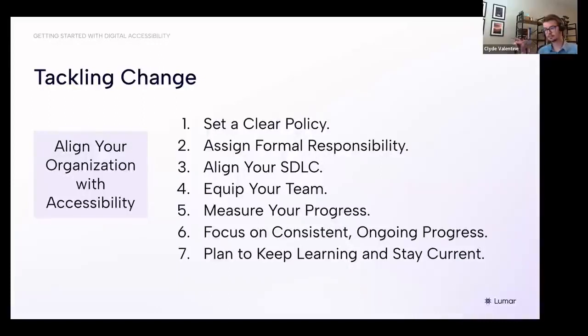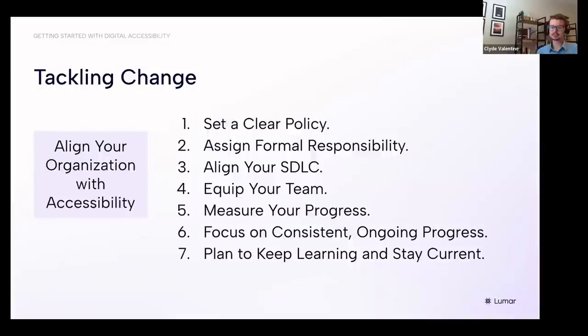Speaking of teams, point number 4 is equip your teams with the right resources. I mean, that can be training, that can come in the form of, like Lumar's platform to do accessibility scanning for issues at scale or monitoring issues over time. That could be a partner like QualityLogic actually performing auditing and consulting and like testing capabilities. That can also be like job aids or checklists or resources to just help your team implement accessibility best practices more consistently. Regardless, it's great to agree that accessibility should be included, but make sure that you're providing your teams with the right support to be successful. So that sometimes does get forgotten.